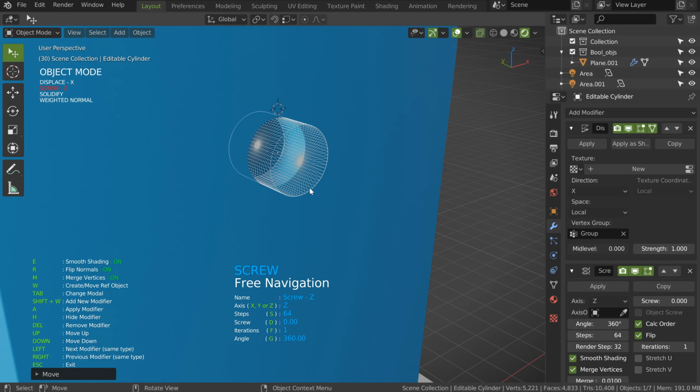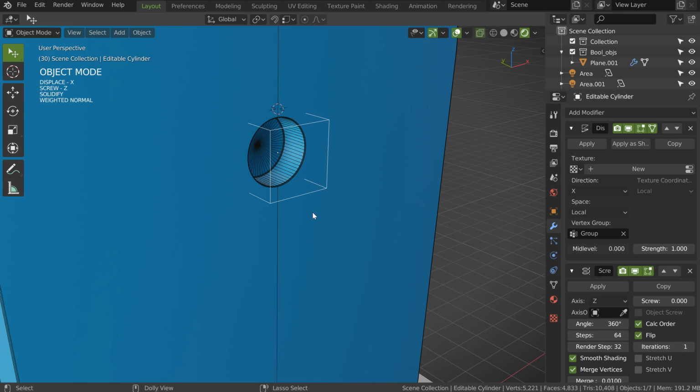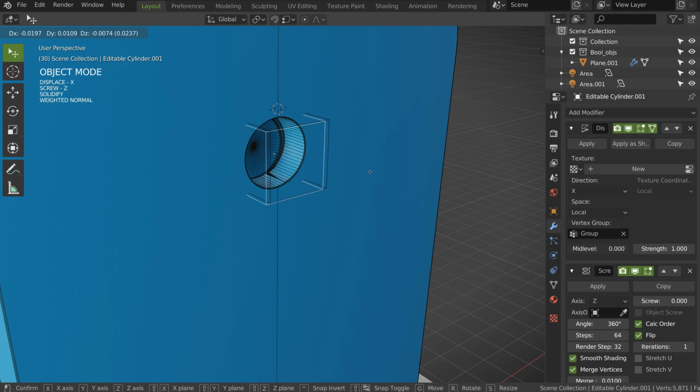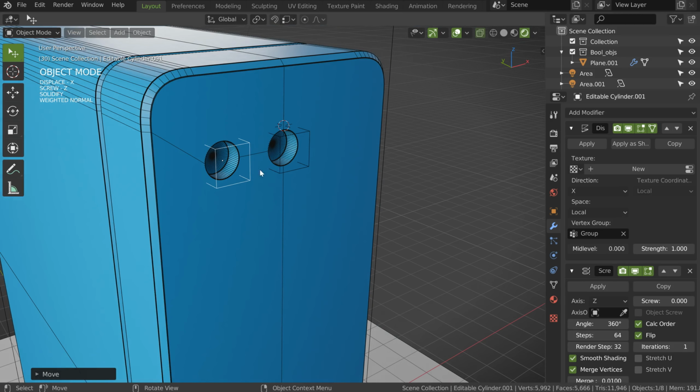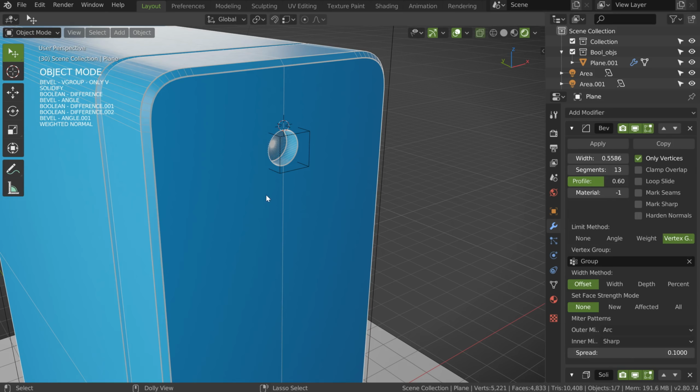So what I can do is to press 2, and maybe if I call the boolean, I will try something. No, it wasn't what I wanted to do. In fact, if you have one object selected and you call the boolean, you will duplicate this object, and the object that will receive the boolean will work. So as you can see, this is nice, but this is not what I wanted to do. So I will press Ctrl Z, Ctrl Z, up, again. So I will call this one.